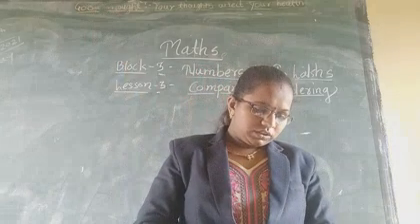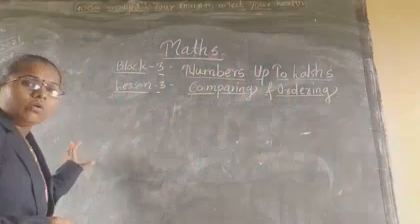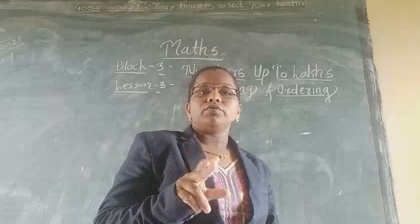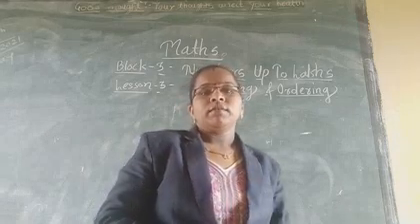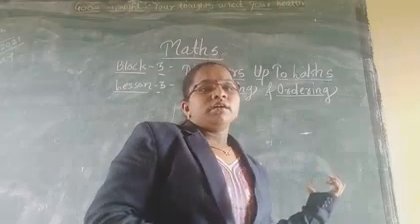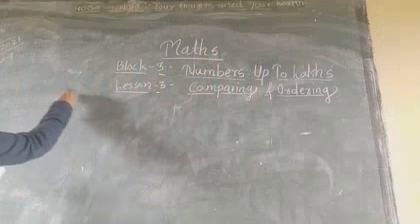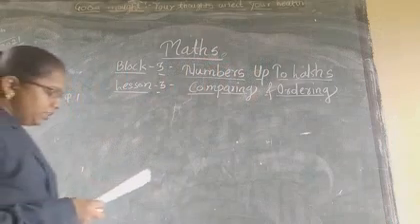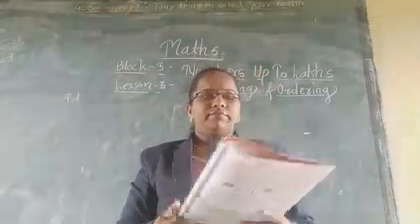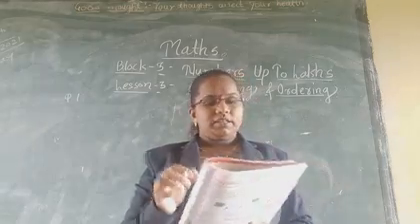See the first question. Compare the numbers, use the place value table if needed. Students, here we write only the answers of the questions, but you write in your notebook. First write the question and then write the answer. Here I will only write the answers. So the first question, please write in your notebook. Question number 1: compare the numbers, use the place value table if needed, and compare the numbers.